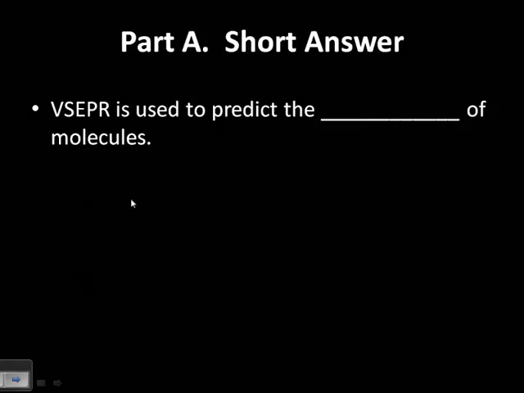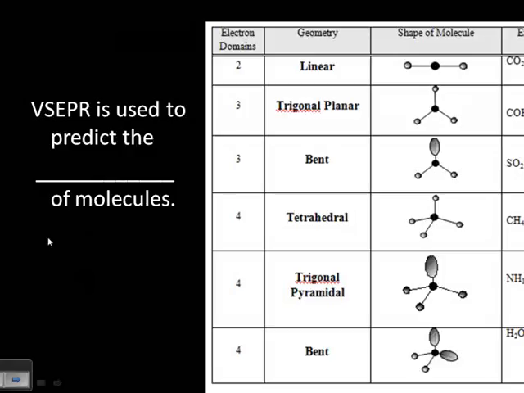VSEPR is used to predict the blank of molecules. Let's take a look at what VSEPR is. VSEPR stands for valence shell electron pair repulsion. So it's all about what's happening to the valence shell electron pairs around the central atom. The theory says that they repel each other because the electrons around the central atom are negative. They're going to repel each other, and cause them to be as far apart in space as possible. So if there are three places where there are electrons around the central atom, they're going to be equally